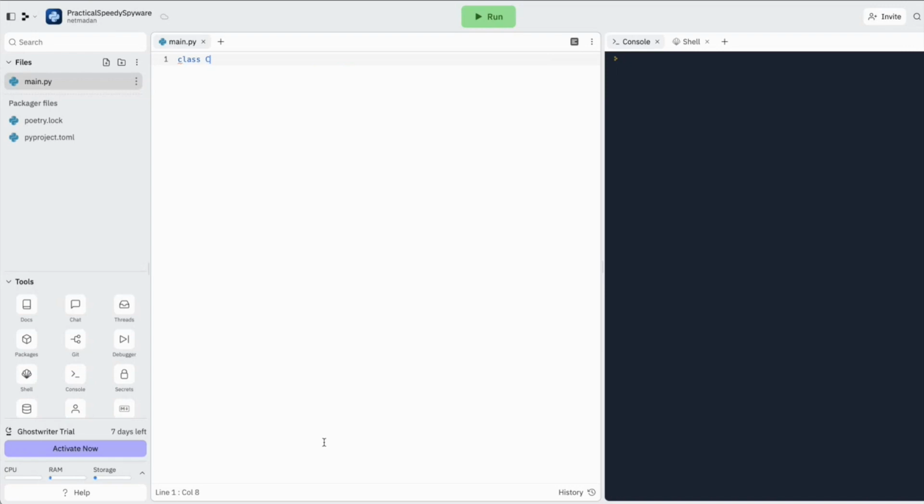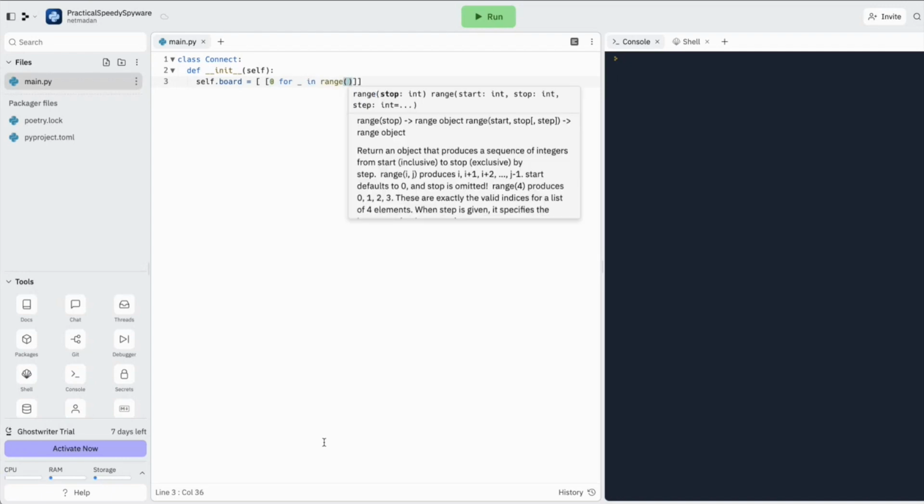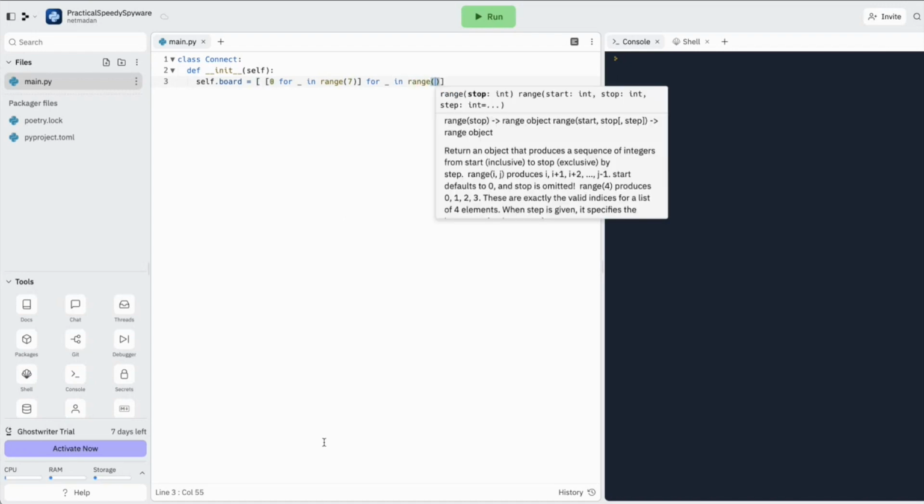So let's start by creating a class which will be our base. As always, let's start with the init method. So what we want to do is have our board ready, which will be all zeros to start with. So Connect 4 usually has 7 columns and 6 rows. So we can do it like this,